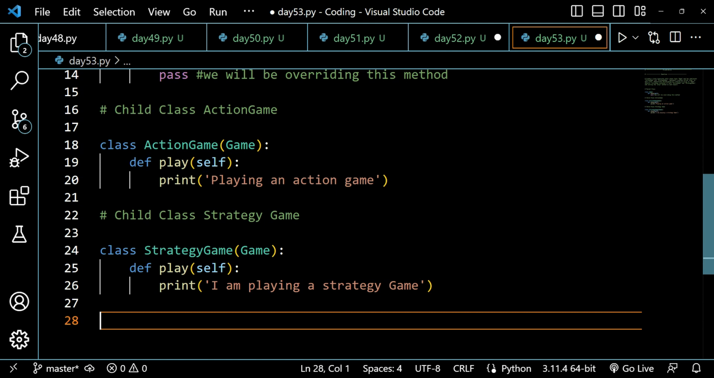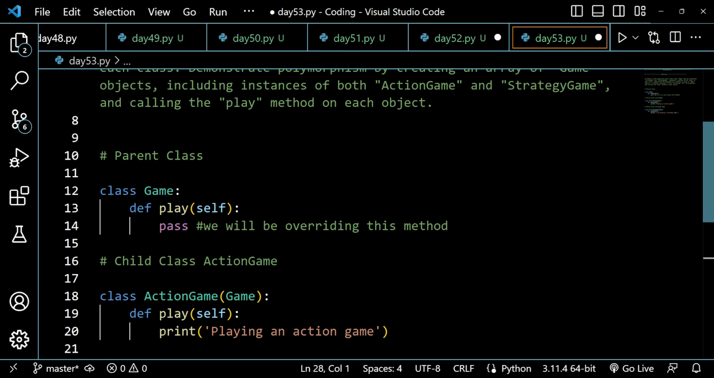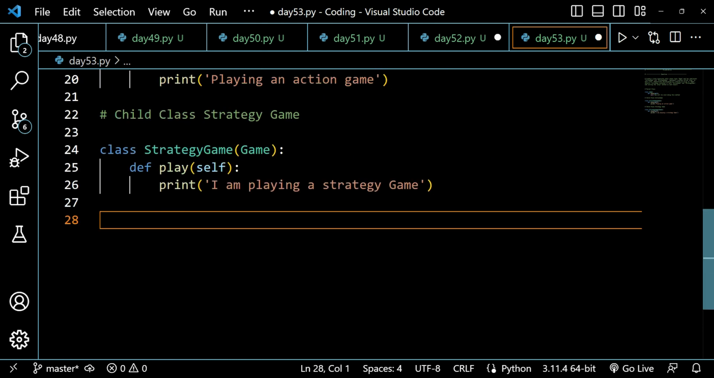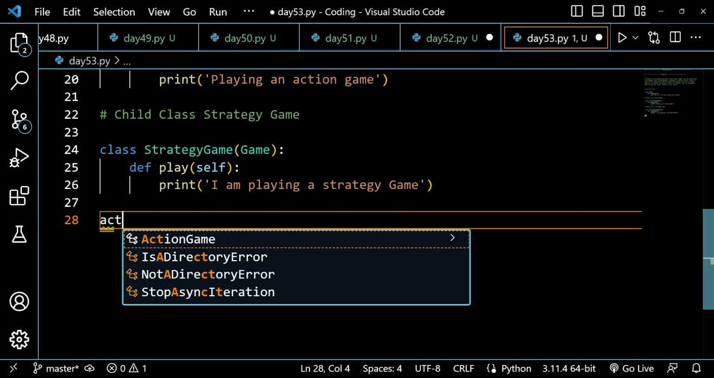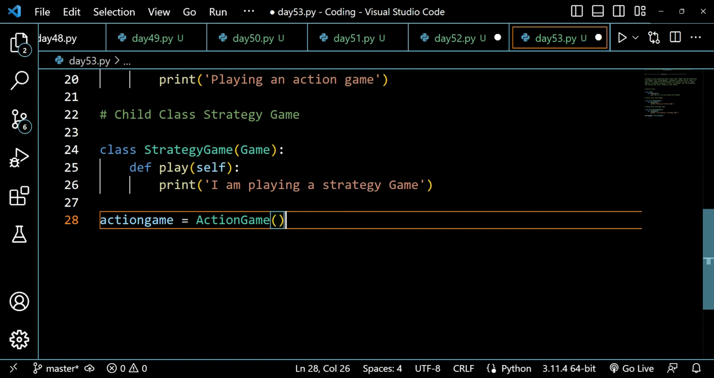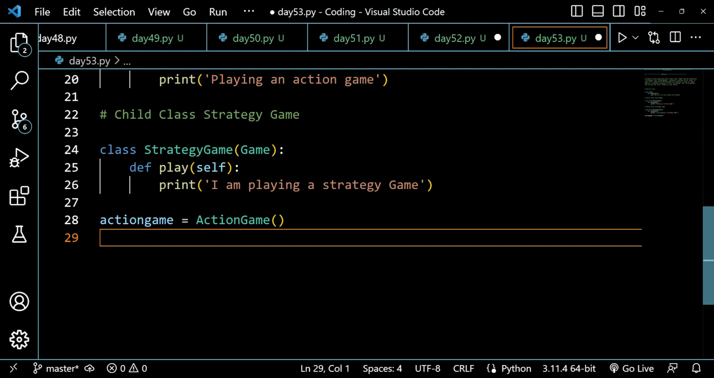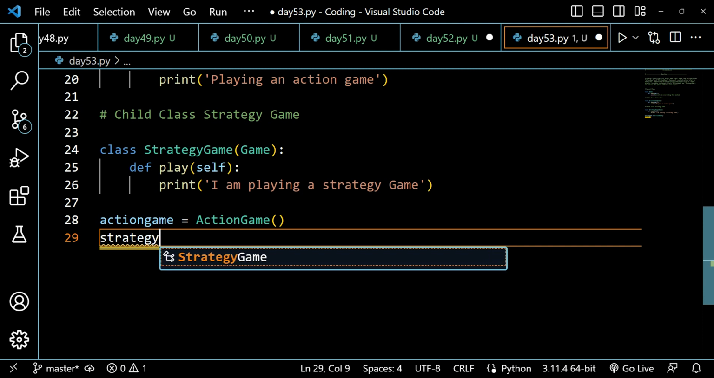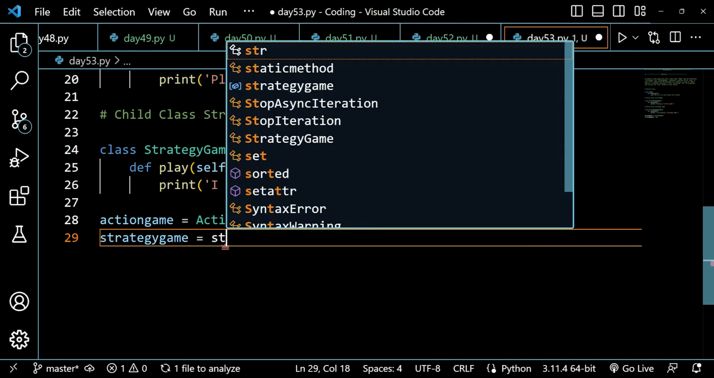So in these instances we have to create objects, and those objects should be in a list, and then we have to run a loop, I guess. Let's see, including instances of both action game and strategy game. So implement a method called play in each class, demonstrate polymorphism by creating an array of game objects including instances of both action game and strategy game, and calling the play method on each object. So let's say action game is equal to action game, and then I can just create another object here that will be our strategy game. Strategy game is equal to strategy game,